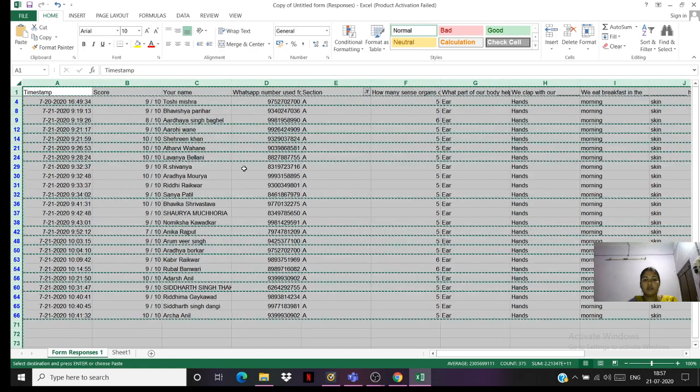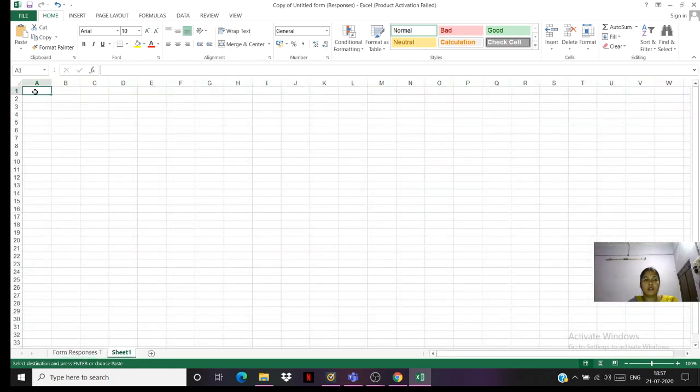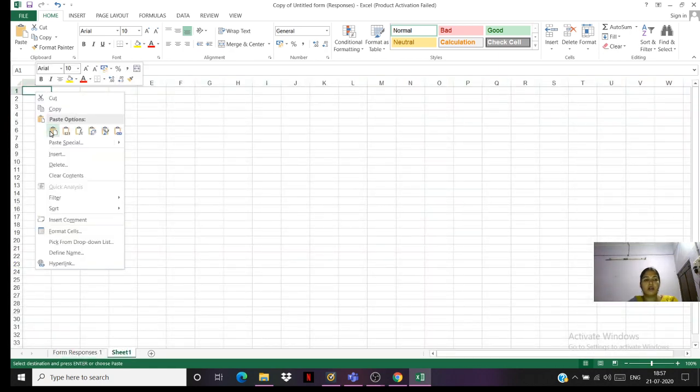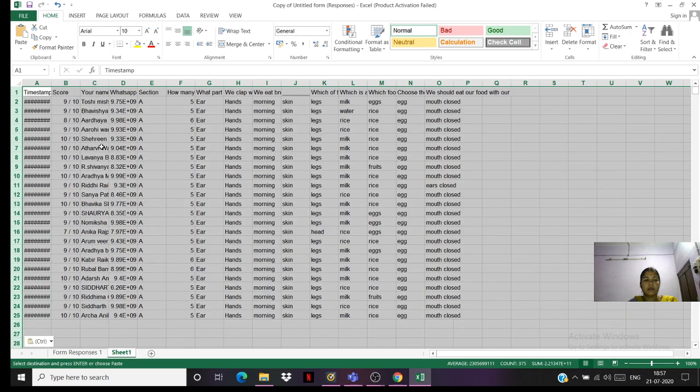Now I have selected the copy option. I'll go to sheet 1. I will paste here. Here you can see the A section children's names are appearing.